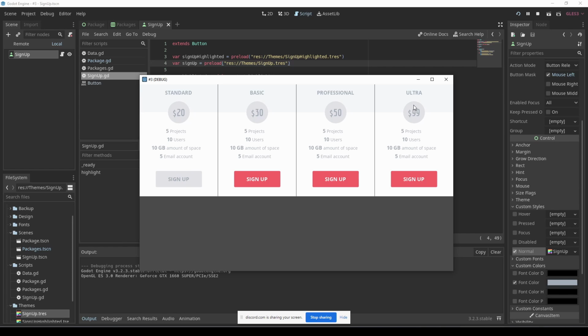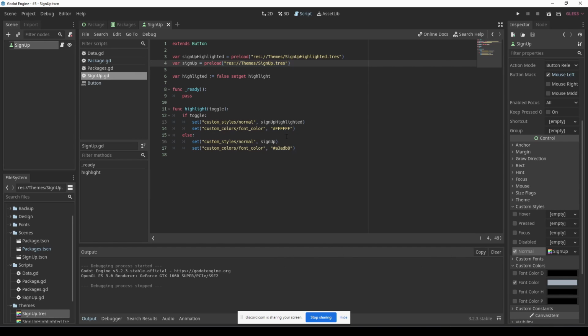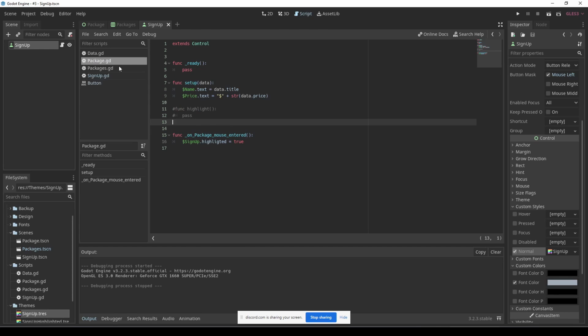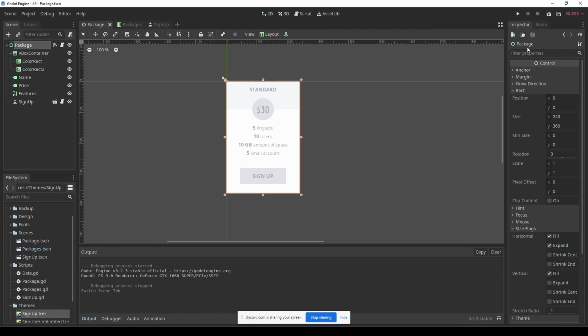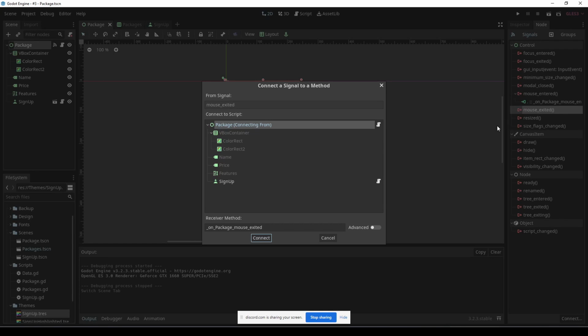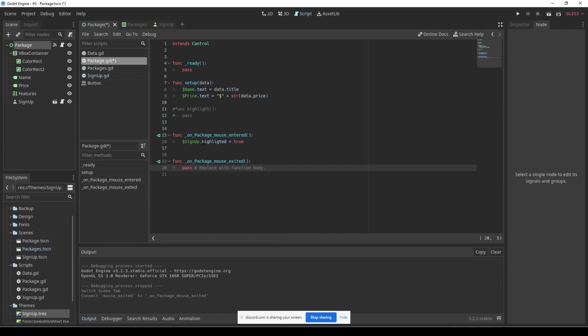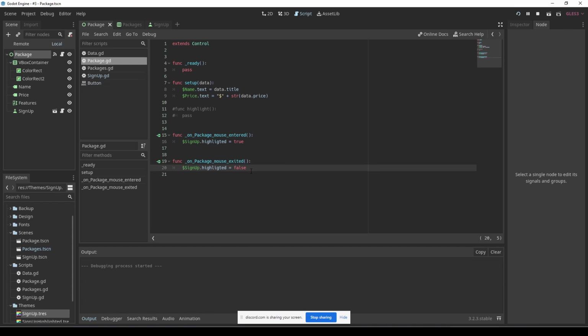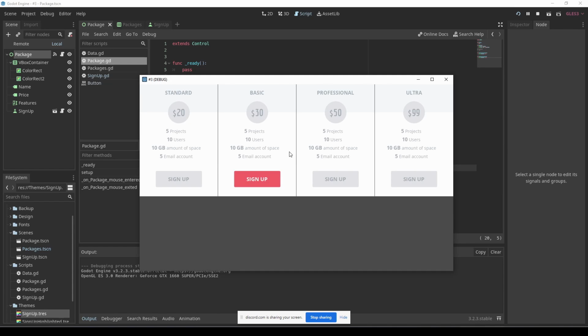Now, because we haven't written the off case in package, let's come back to package and write the mouse exit case. So when it's mouse exit, we've got to change the highlighted state back to false. So then the else block in the highlight function is triggered. So when we do this, and we